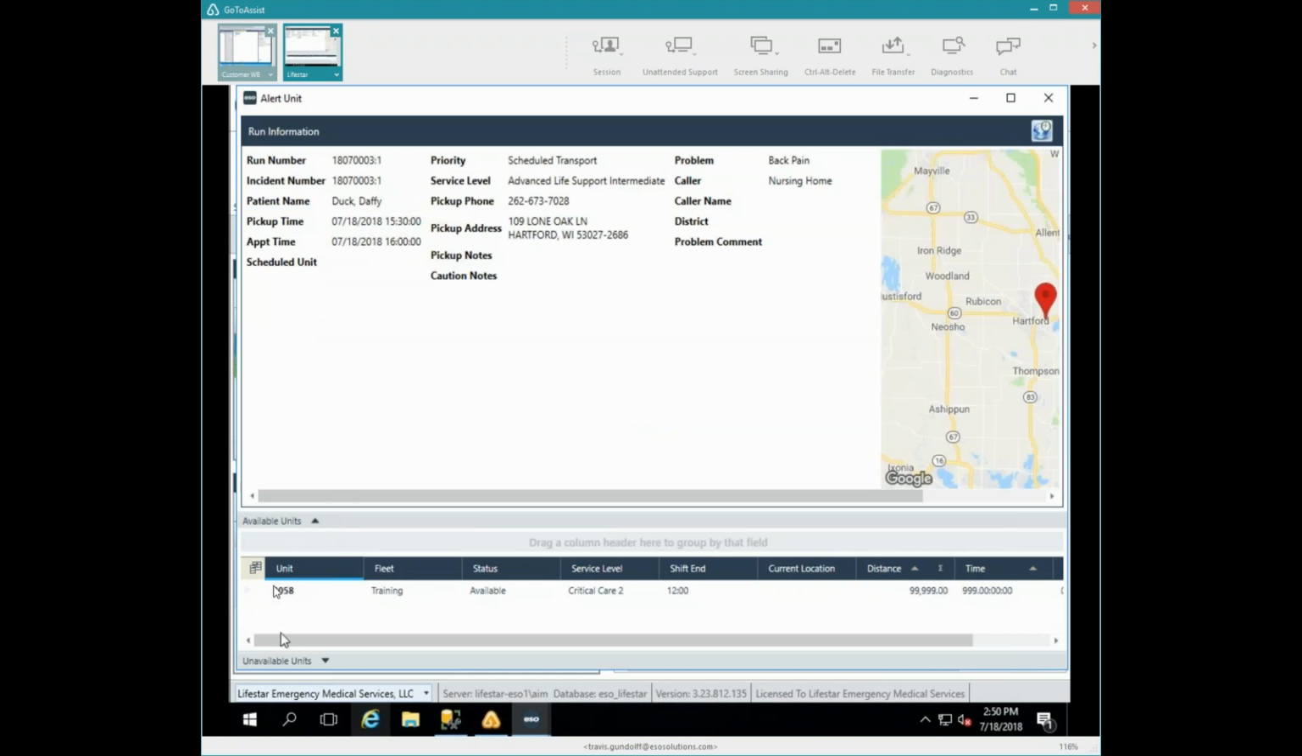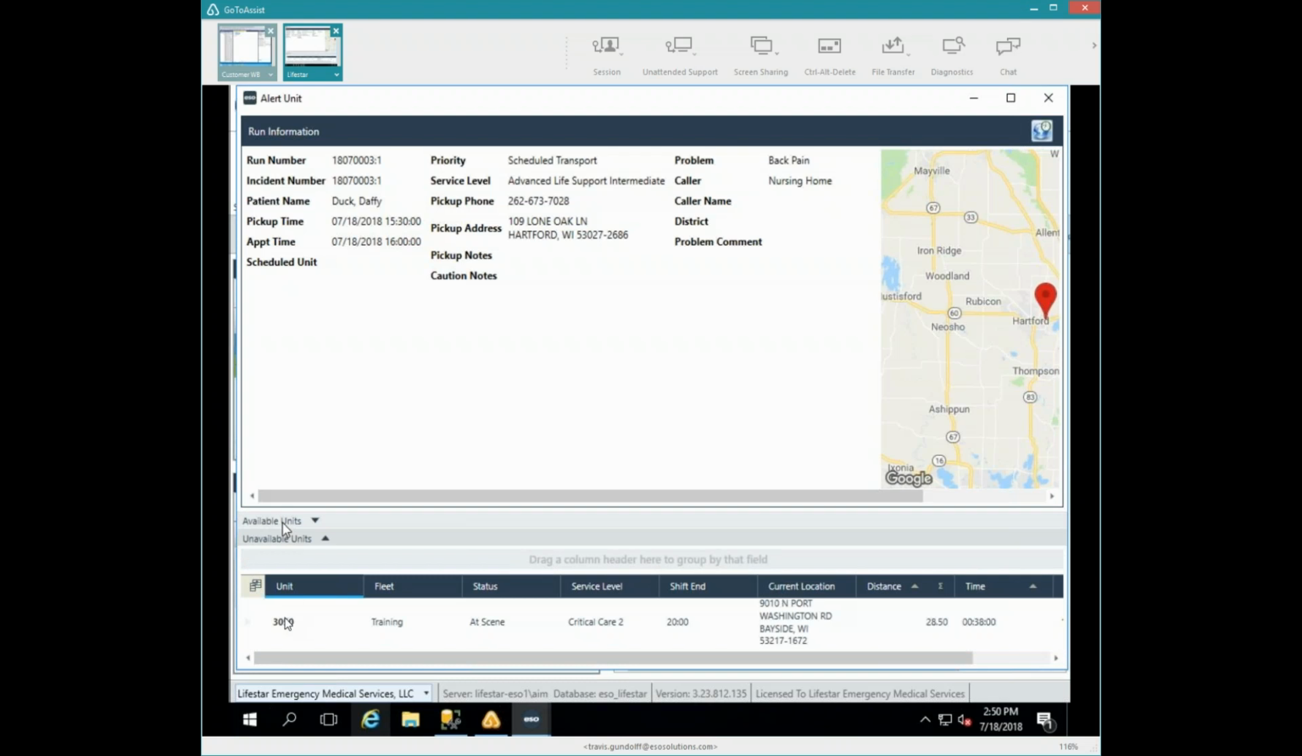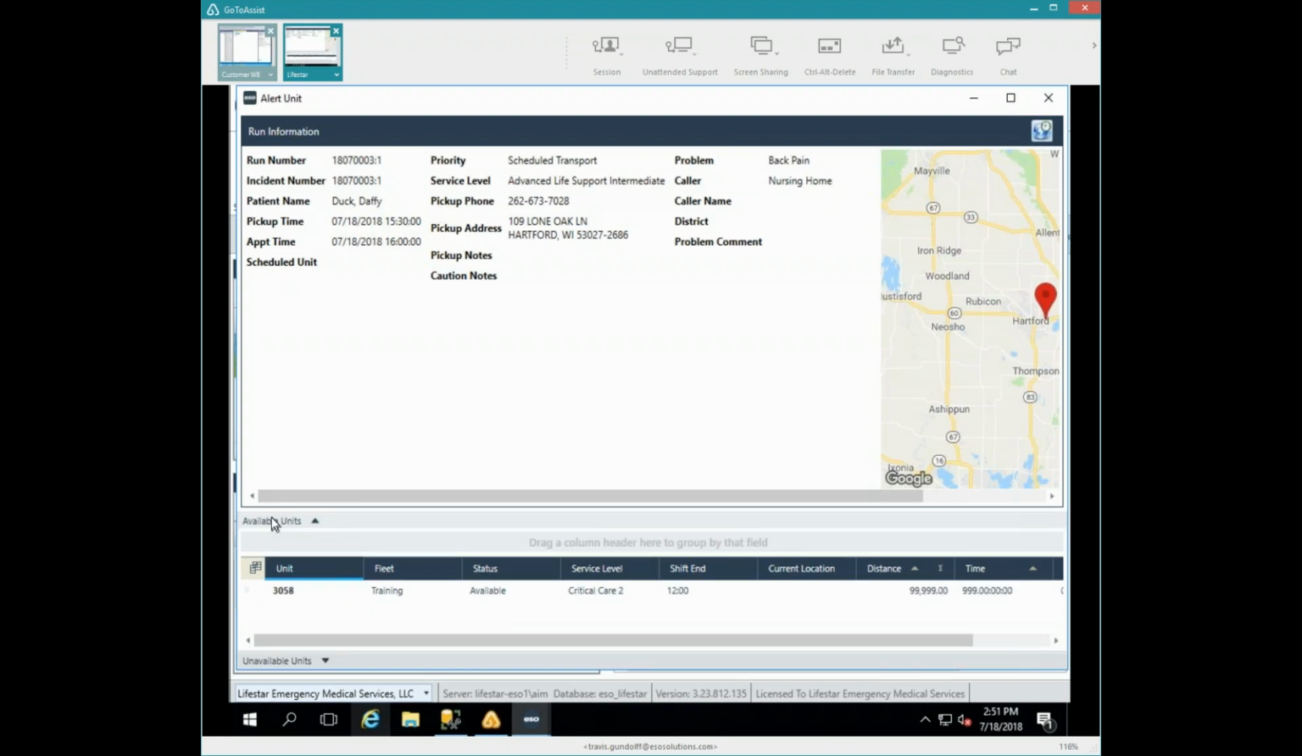Notice it's the only listed available unit because it's the only one that's not on transport. If I want to see units that were on transport, there's this unavailable unit section down below. I can hit it, and we'll hit available units because it's all shrunken down. And there's 3050, but they're currently on a call. Right. With that being said, if you know that truck is going to be clearing the next few minutes, can you assign it to the truck that's not available? Yes. You can just double click it,